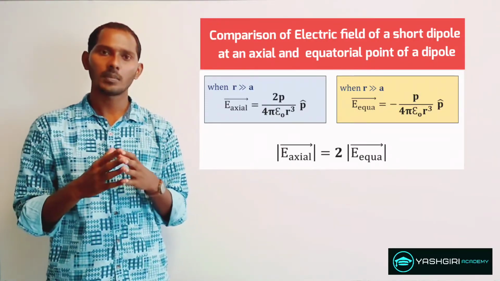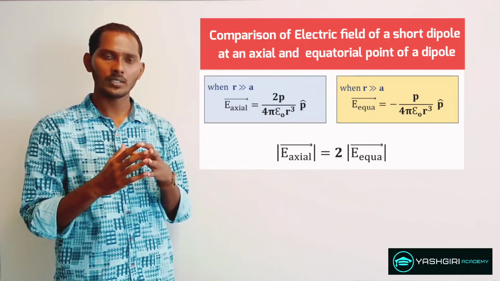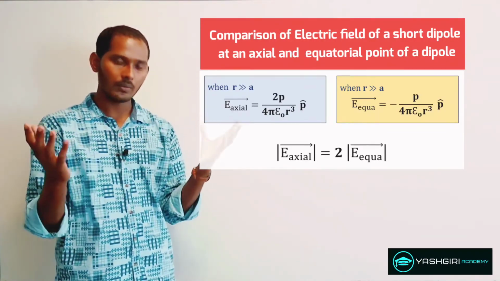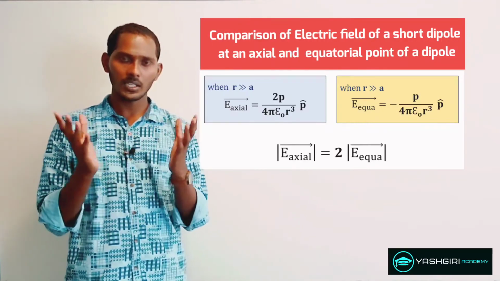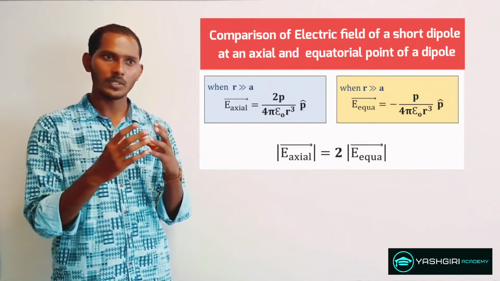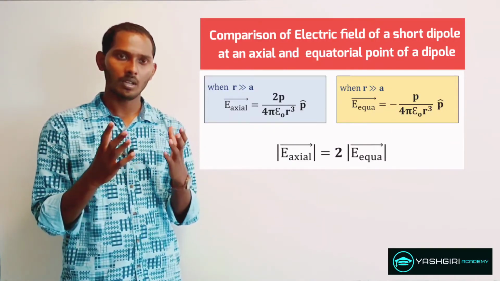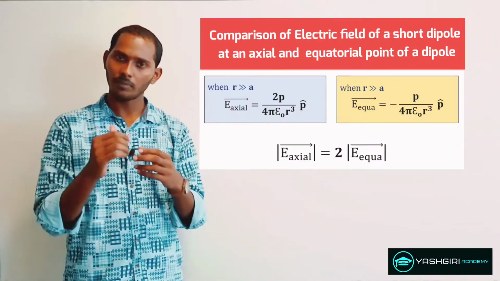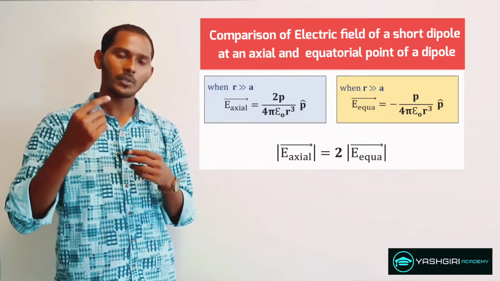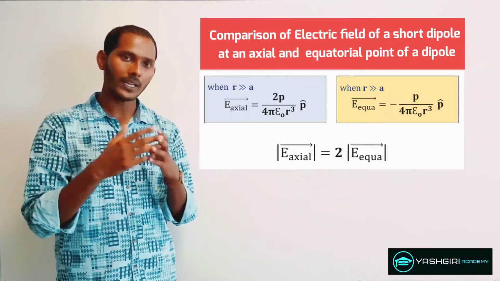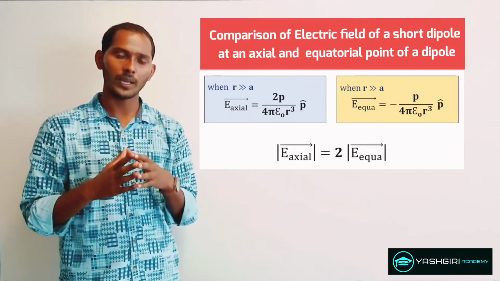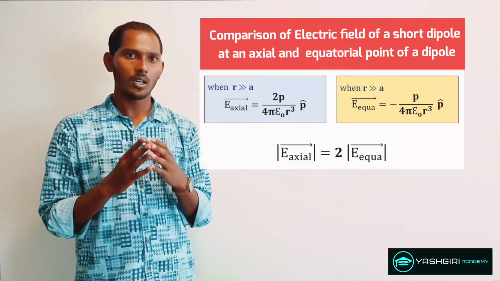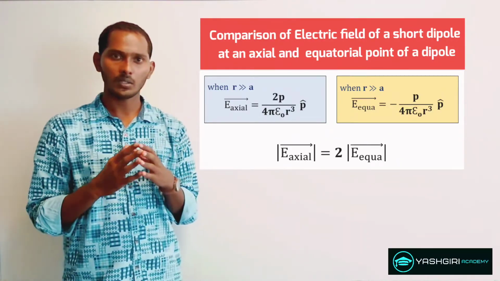Now here, suppose you are interested in measuring the strength of the electric field at any point R in the space surrounding the electric dipole. In such cases, the angle between the dipole moment and the position vector is very important. So here what you can do is resolve the dipole moment, one component along the position vector and the other perpendicular to that position vector. In that case, theta becomes very important. So that's all from the comparison part of this.